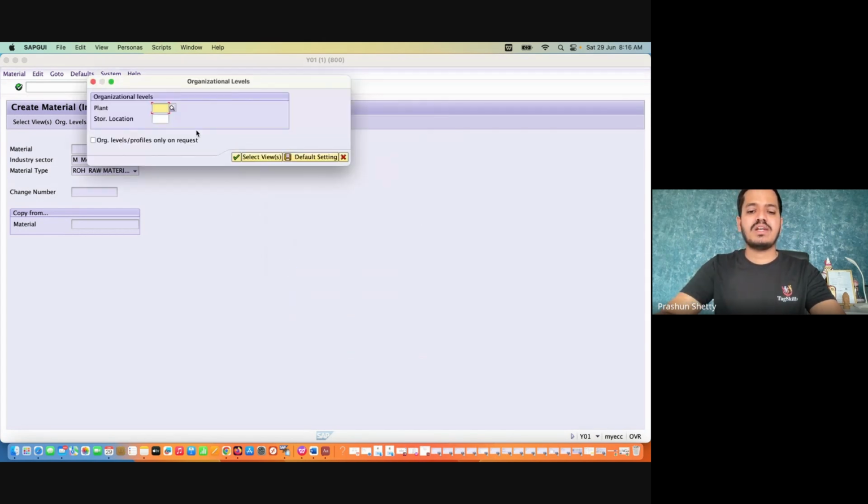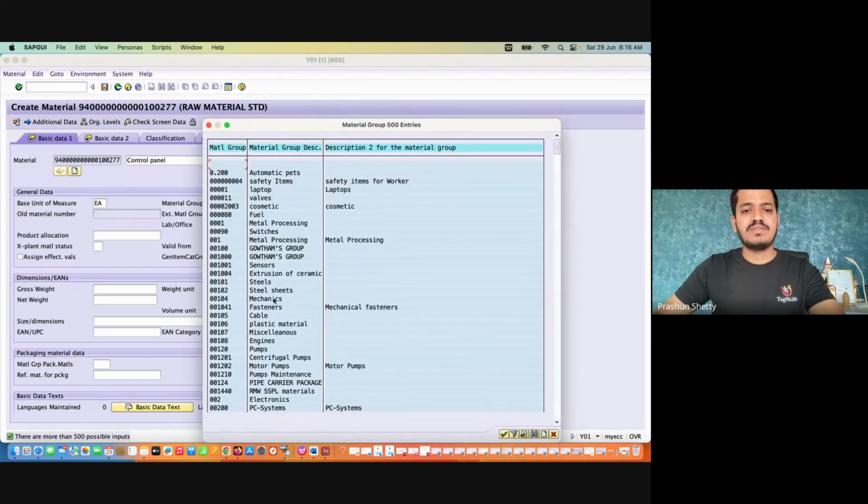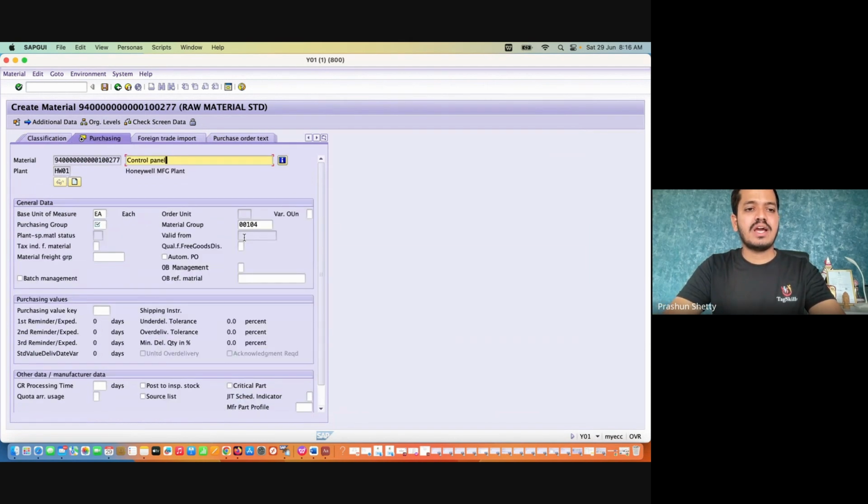So now I will be adding the plant number which I'm using for testing purposes, and the storage location I'm using is HW01, HSL1. Here I can see that the number is picked up automatically from the system. The internal number range will be taken here, and I can take this as a control panel, which I'm going to purchase for some PCB and all I'm going to manage. This is a unit of measurement, like I'll take it as each, and it's a mechanical item. I can say mechanical items, and I can go with the group, which group it belongs to. Then I'll fill only the mandatory